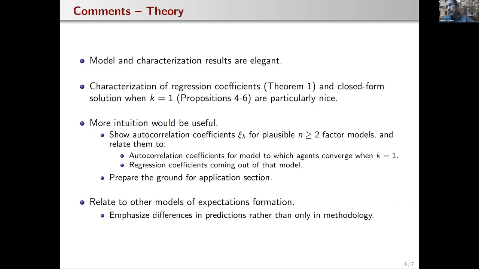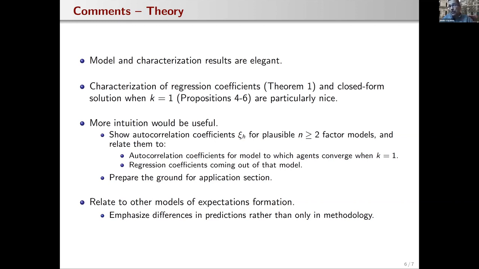For example, does the convergent model generate an autocorrelation function that in some sense minimizes the distance from the actual autocorrelation function of X_t? Give us some intuition about how the underlying structure of the true model affects the model to which agents converge, beyond this general characterization result,